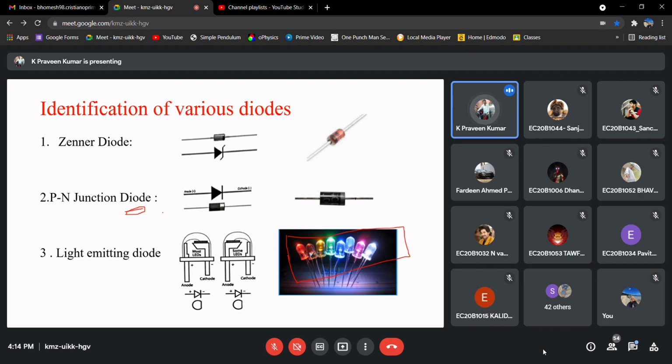Okay, so how can we define the PN junction diode simply? It allows the current only in one direction. That's why we are calling these devices unidirectional devices, or simply unidirectional components, which allow current only one way.